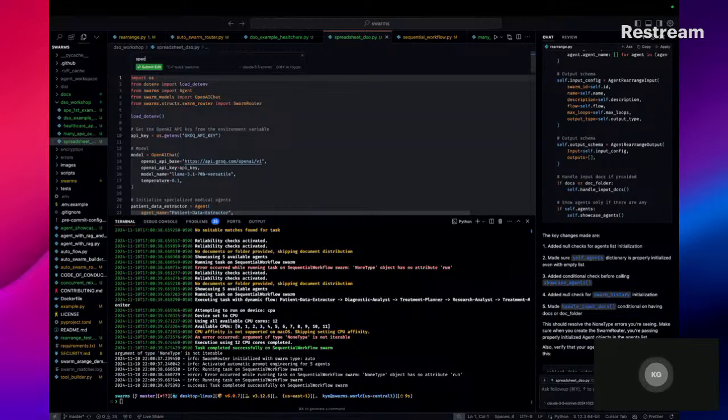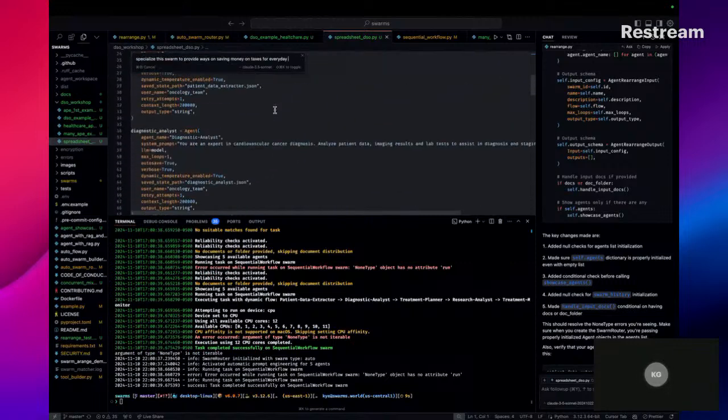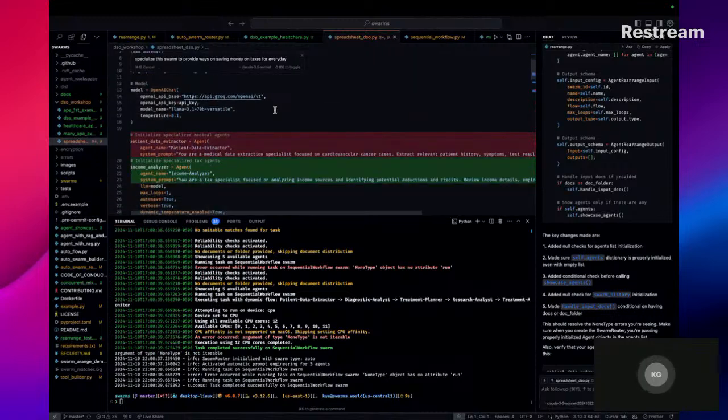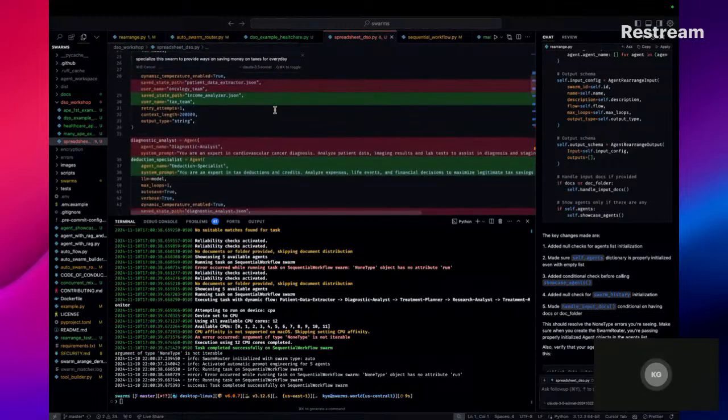So now we're going to specialize this swarm. Here I say specialize this swarm to provide ways on saving money on taxes for everyday people.